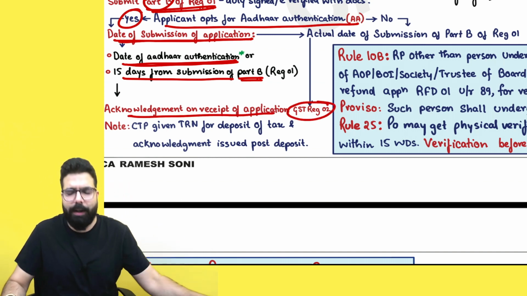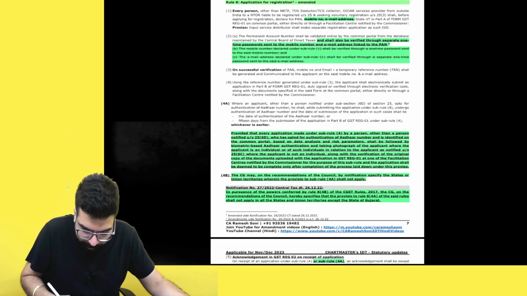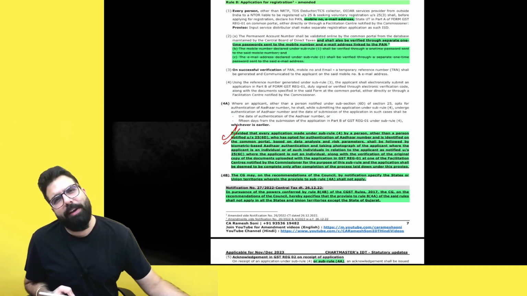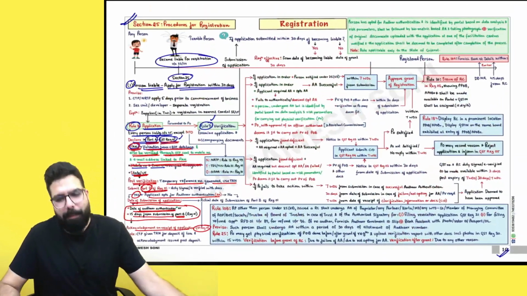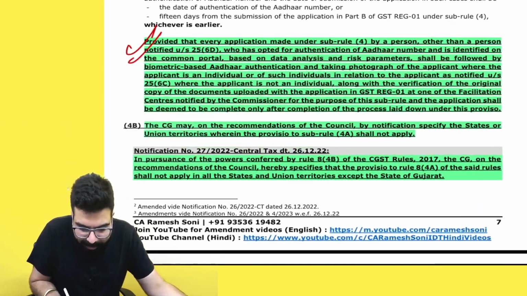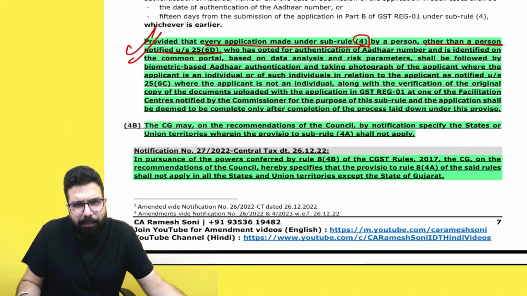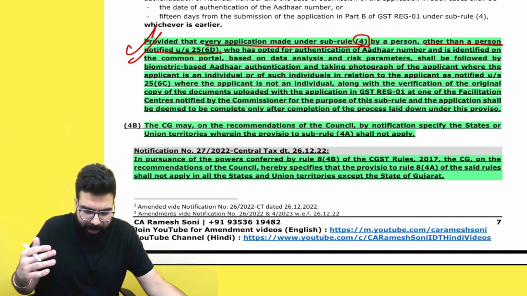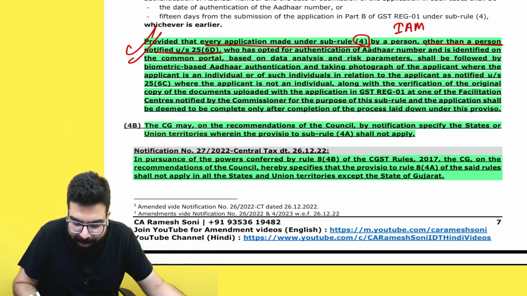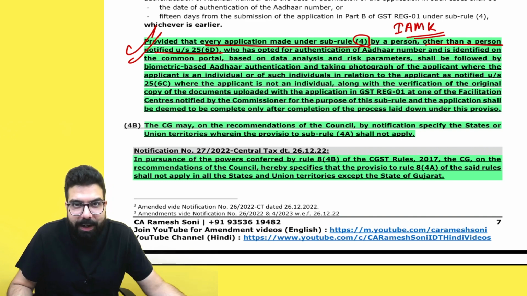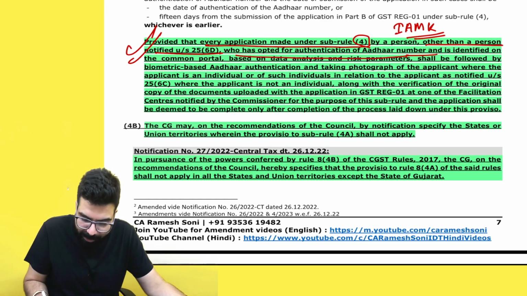Now what they are telling is, they have inserted one proviso over here. Sir, what is the proviso? The proviso says, provided that every application made under sub rule 4 other than a person notified under 6D, meaning those people who are not required to do Aadhaar authentication, other than those people, if any person, basically an individual, authorized signatory, managing partner and Karta, who has submitted their application and who have opted for authentication of Aadhaar number,